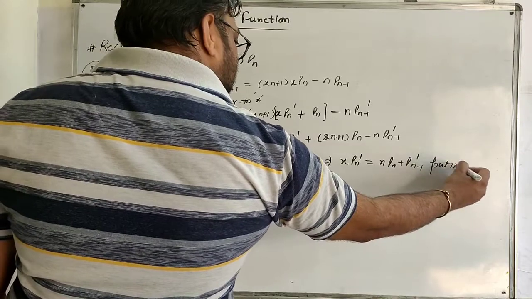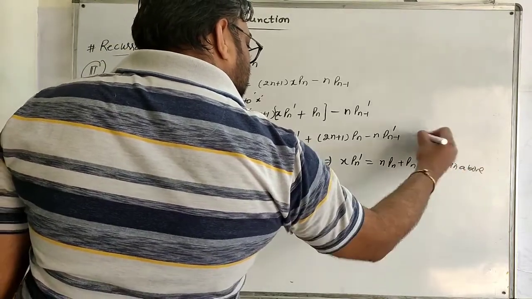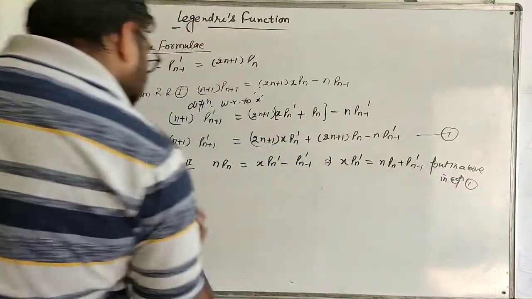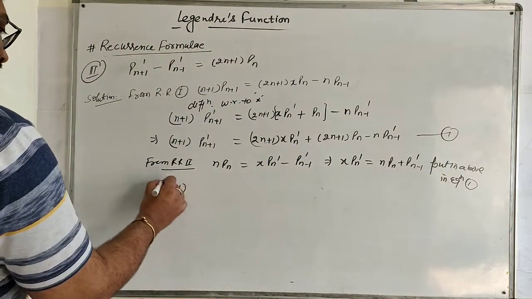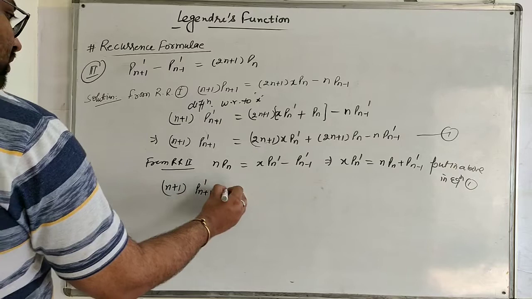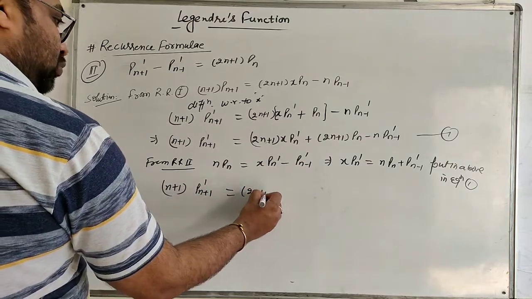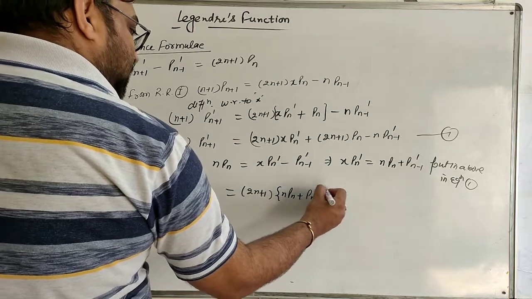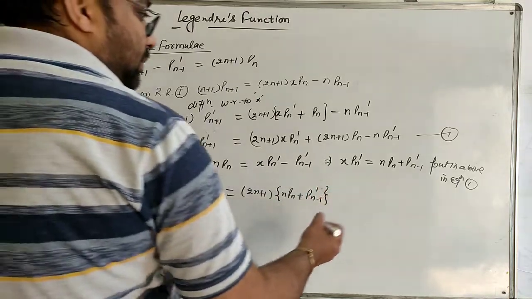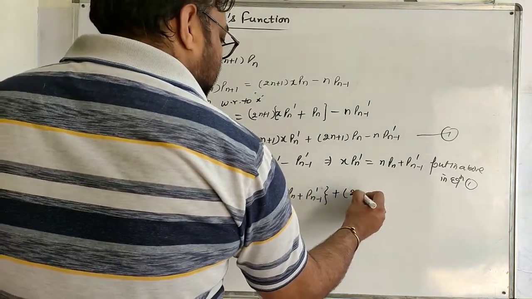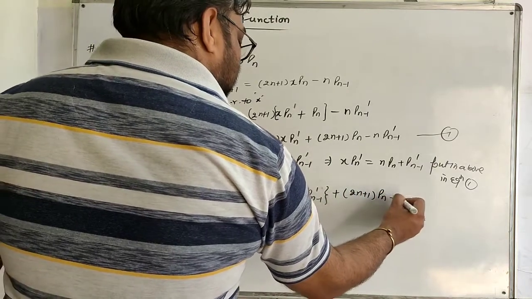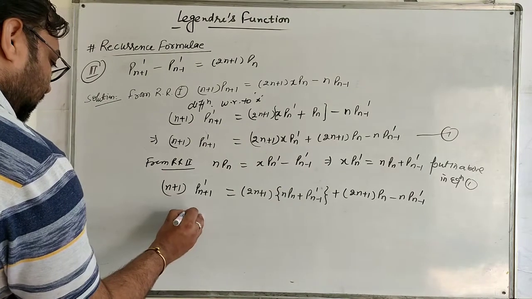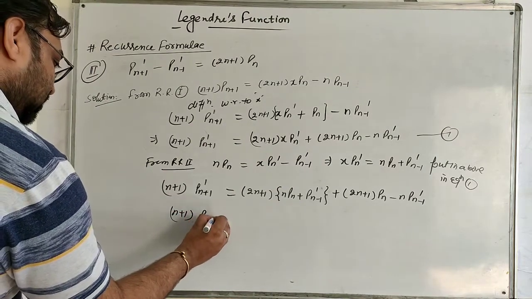So put in above, that is in equation number 1, we get (n+1) Pn+1' = (2n+1)[n Pn + Pn-1'] + (2n+1) Pn - n Pn-1',